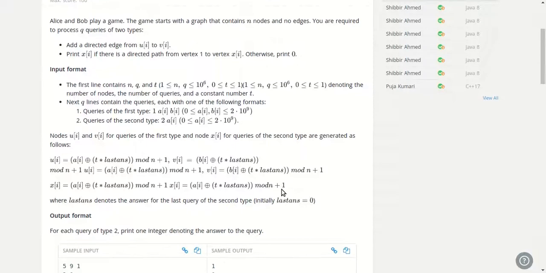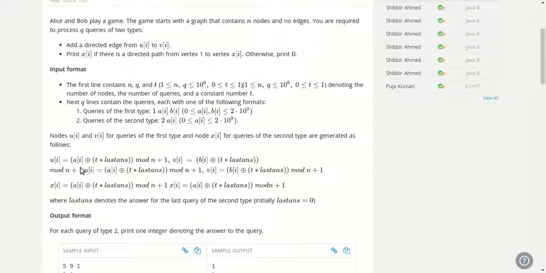So how to solve this problem? Let's proceed forward. One more thing you have to do is calculate the value of UI, VI and XI for each type of query based on the last answer, T, and AI, BI. AI is used if it is a type 2 query, and in a type 1 query you also have to consider BI to calculate VI.